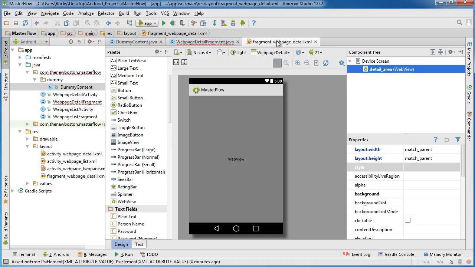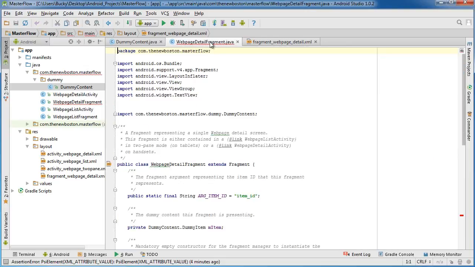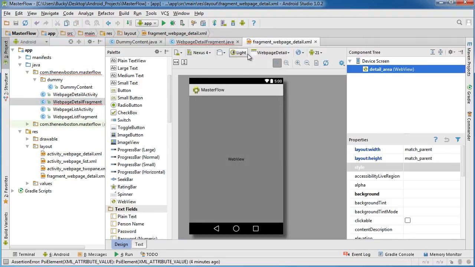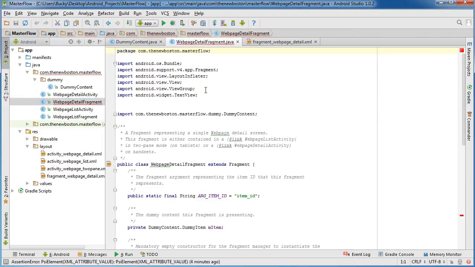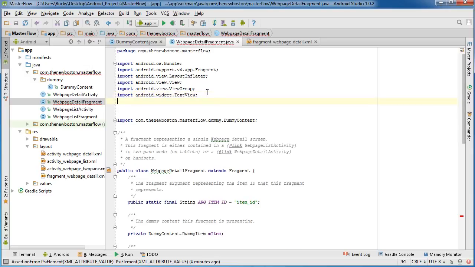Well, for the associated Java class for this fragment right here, and that's this one, web page detail fragment, this is the one that opened by default, so as long as you didn't close it. If you did, it's right in here. Again, this is pretty much a controller for this area or this fragment, and the first thing that we need to do is say, okay, you need to be able to work with that web view. So if you go to web,